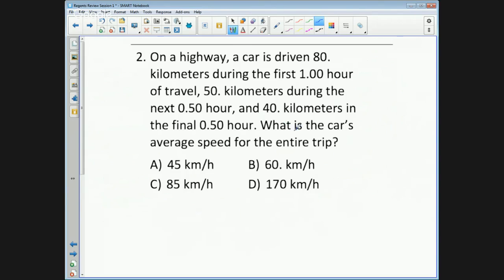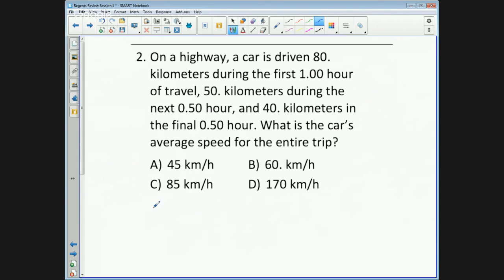This one says, on a highway, a car is driven 80 kilometers during the first 1 hour of travel, 50 kilometers during the next half hour, and 40 kilometers in the final half hour. What is the car's average speed for the entire trip? Okay, so